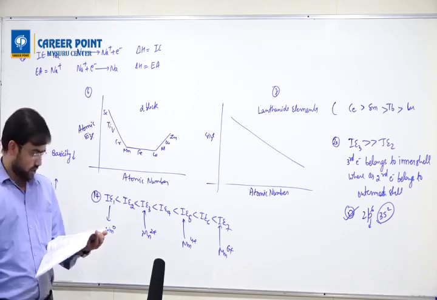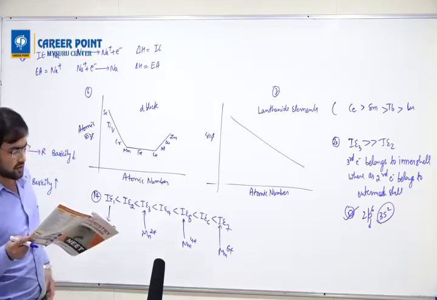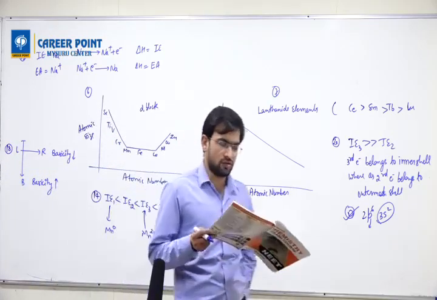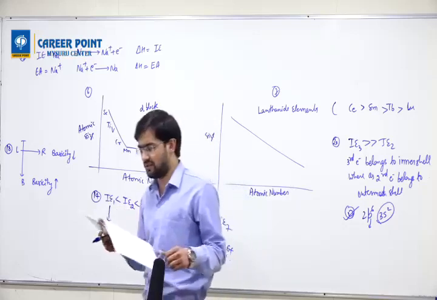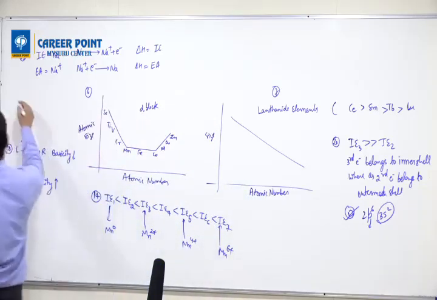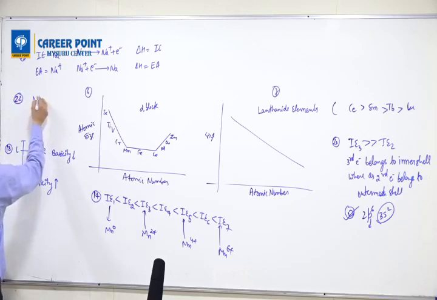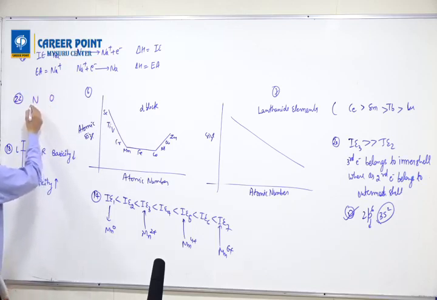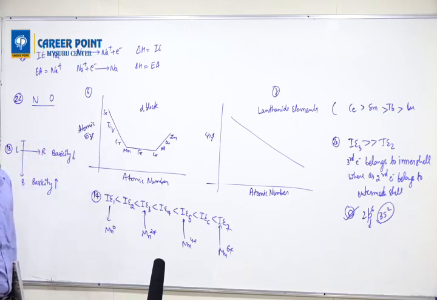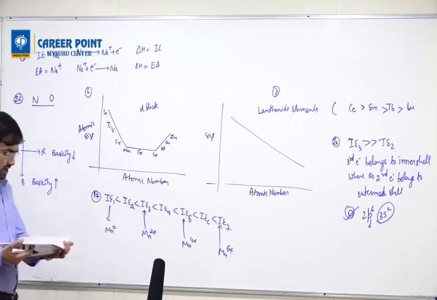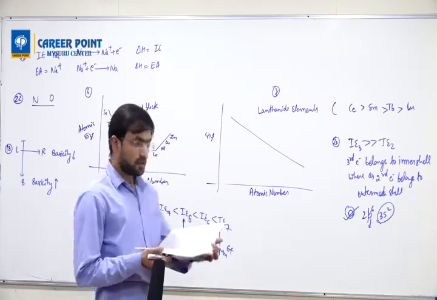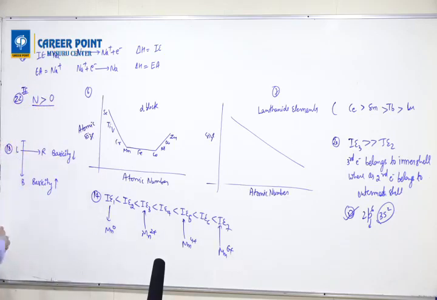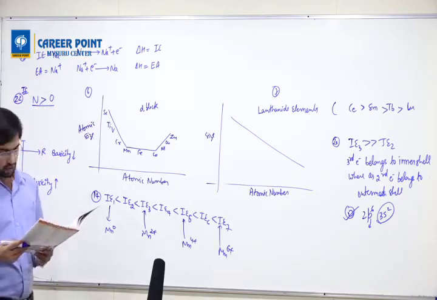This is question 22. The first ionization potential or ionization energy in electron volts of nitrogen and oxygen are respectively given by. Okay, that is very easy. Question number 22. They are asking nitrogen and oxygen. Now, in nitrogen and oxygen, whose value is more? Ionization energy. So you will find that nitrogen has the greater ionization energy. 22 done. Then question number